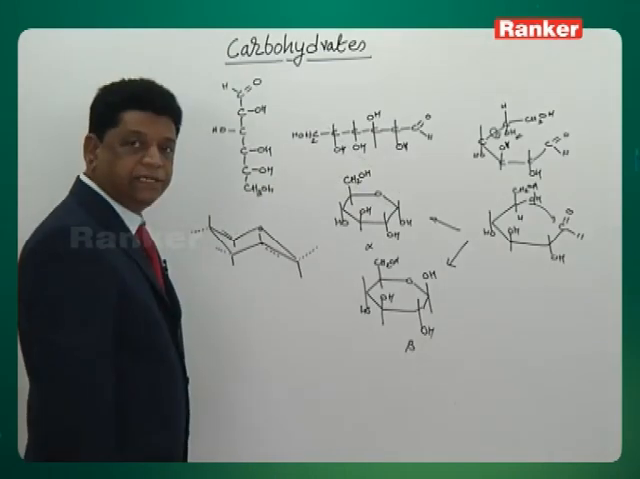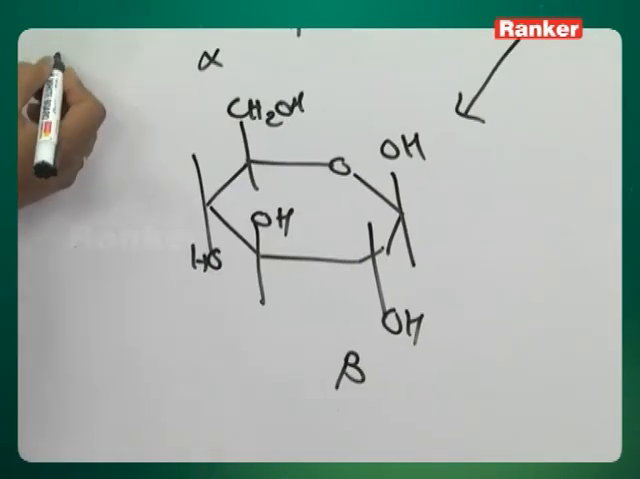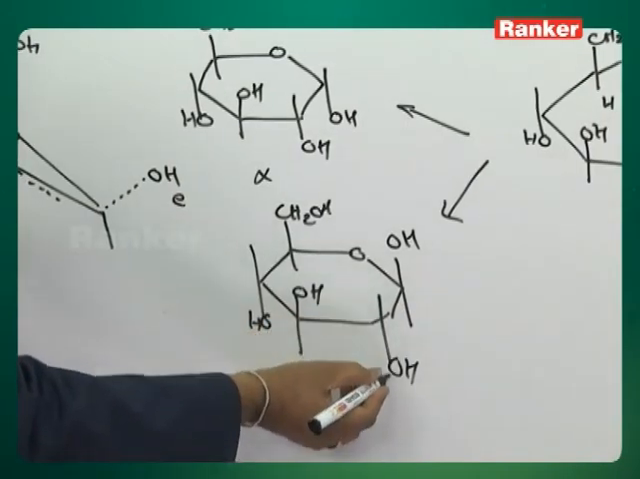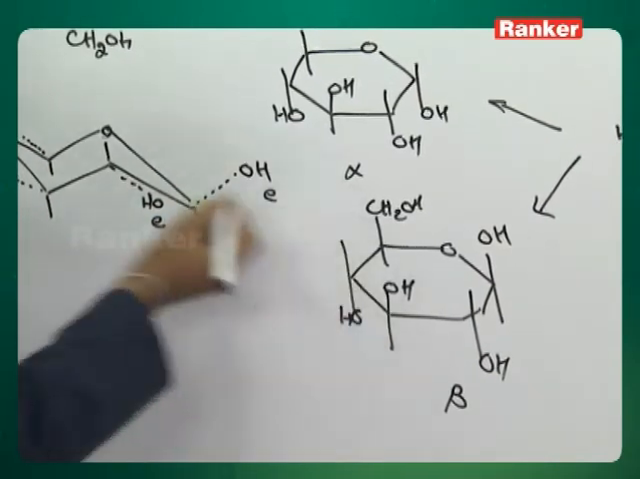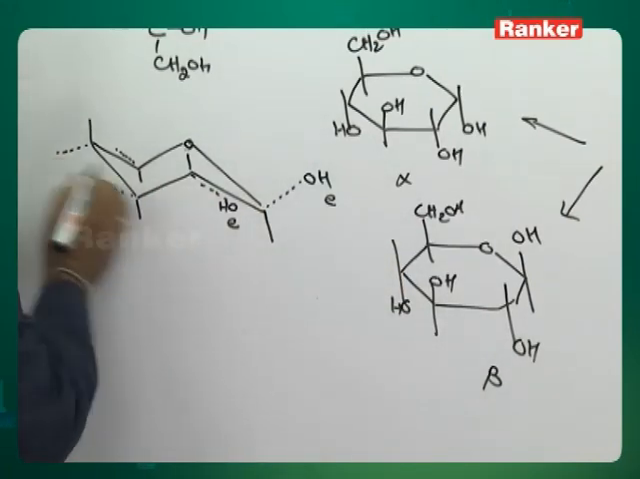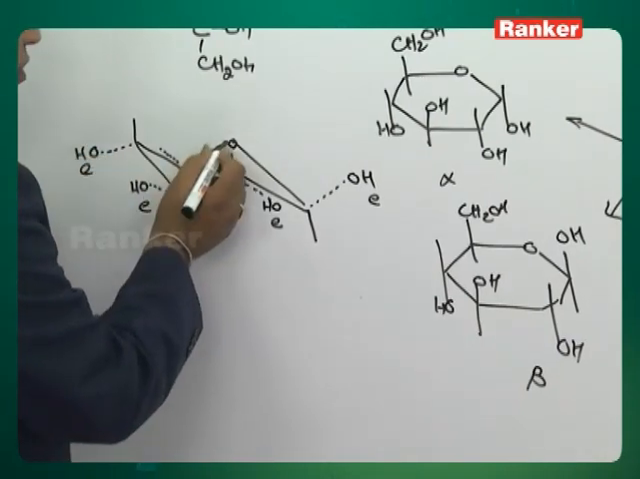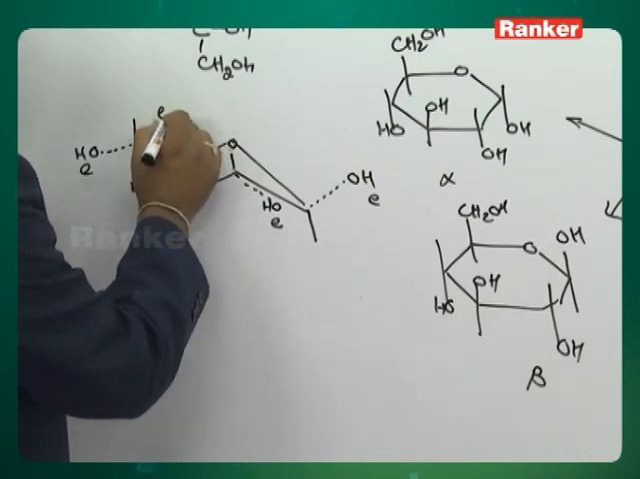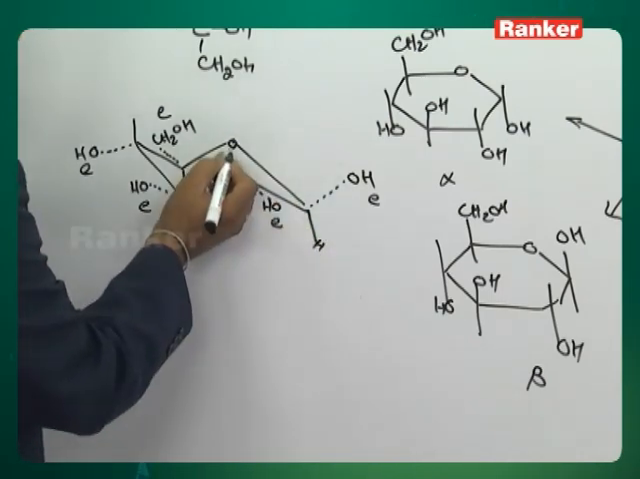Now, see the structure of the beta glucose carefully. If you observe, at the first carbon you have an OH which is equatorial, right? Second carbon OH down, which is also equatorial. Third one OH up, which is also equatorial. Fourth one is OH down, which is also equatorial. At the fifth carbon we have a CH2OH which is up, also equatorial. All these big groups are in the equatorial, and the smaller groups, so called hydrogens, are in